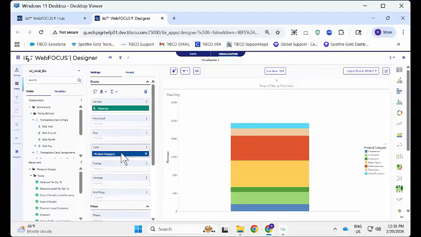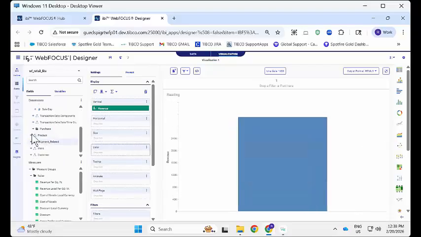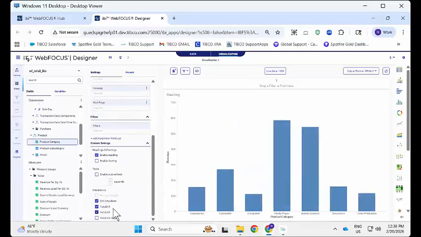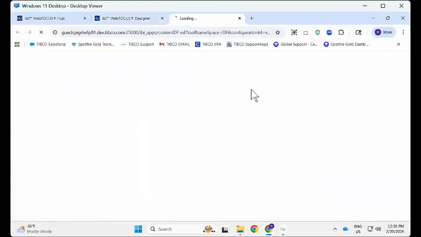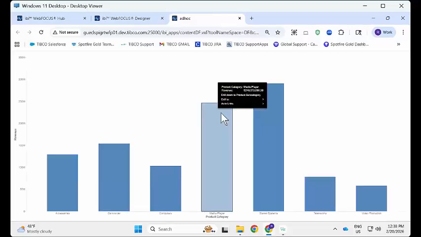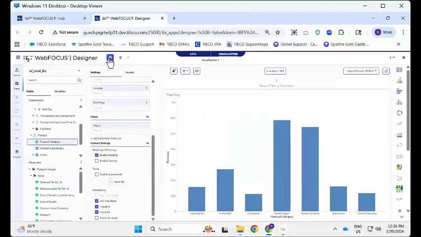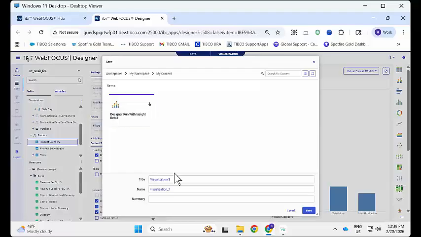But because of reverting back, let's do it this way. I'll put product category in horizontal. Okay. And then I see I have those three enabled, and certainly if I run it, just so that you can see that they're all enabled and they're all available, right? So they're all there. And then if I were to save this, just to showcase it, so I'm going to say,